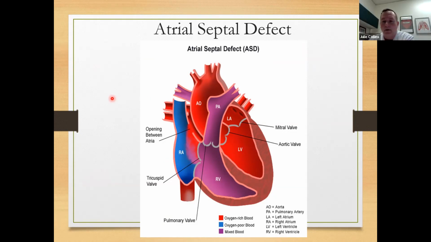Okay, good. Someone besides Owen, where's the ostium secundum located? Where the foramen ovale would be. Okay, in the area of the foramen ovale. Brianna, is it a foramen ovale? No. Correct. And do these always need surgical intervention? 50% of the time, they'll close on their own. The other 50% of the time,